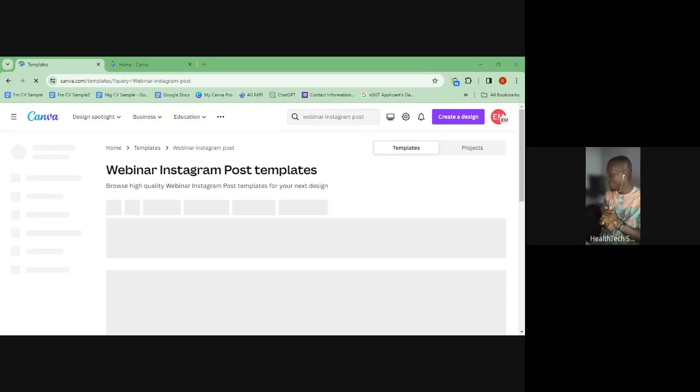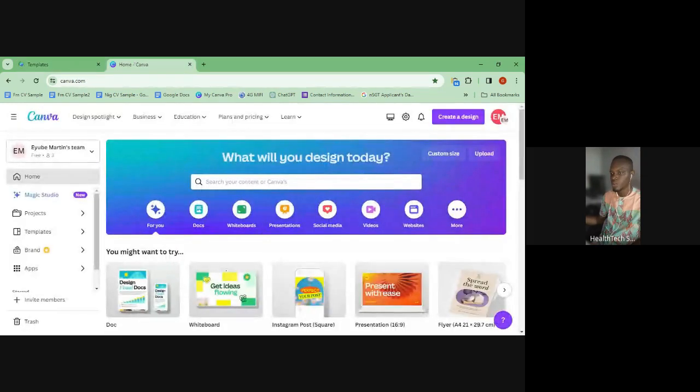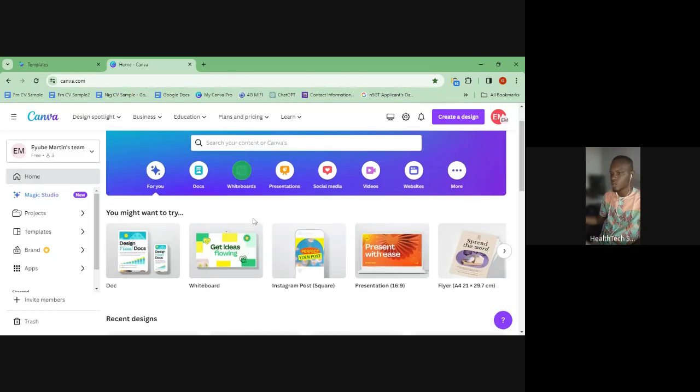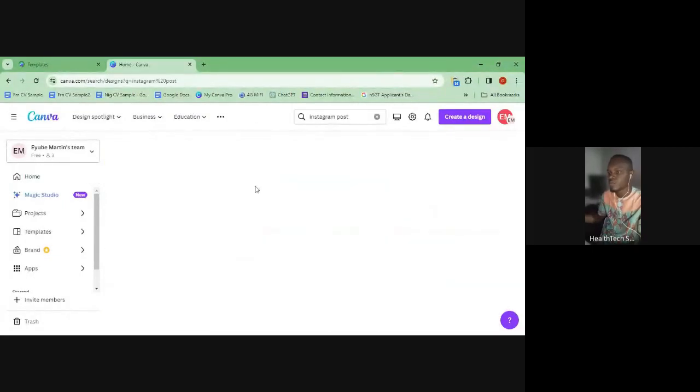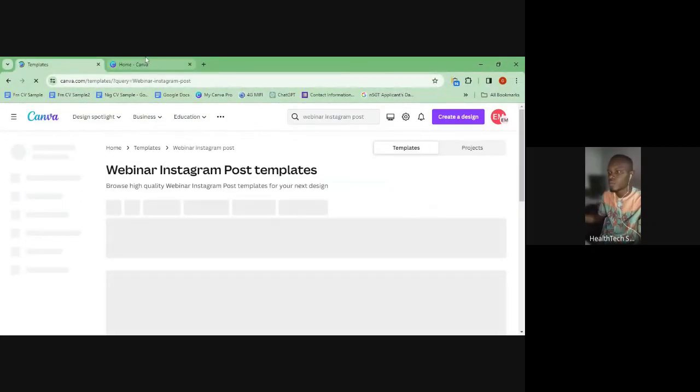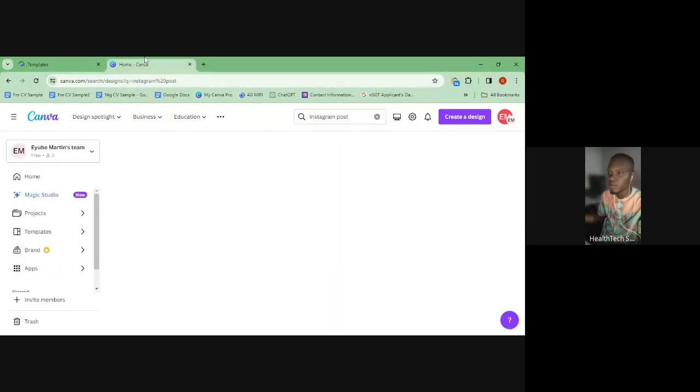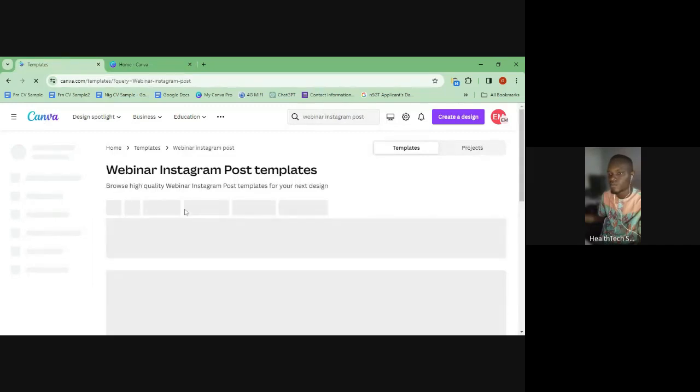Now, while we wait for this to load, I am trying to load two pages right now. Okay, this one has opened up. So we're searching for Instagram post, right? Oh, webinar Instagram post. And this is about